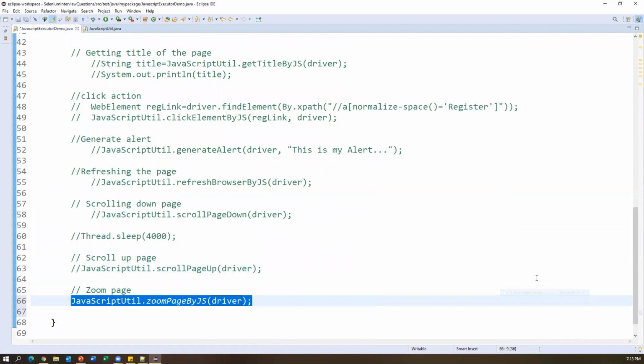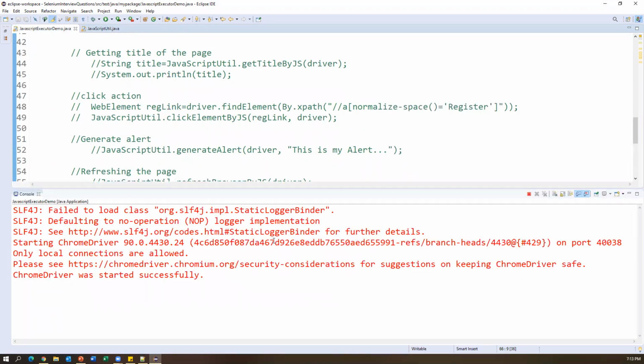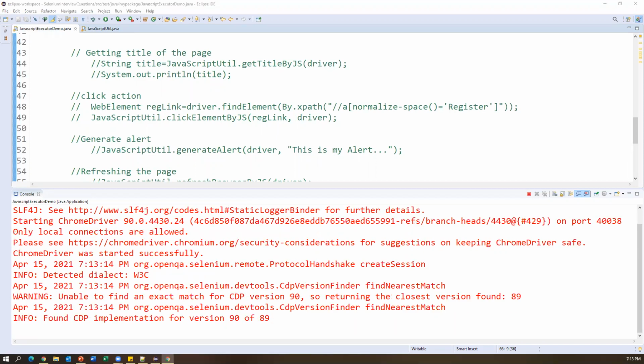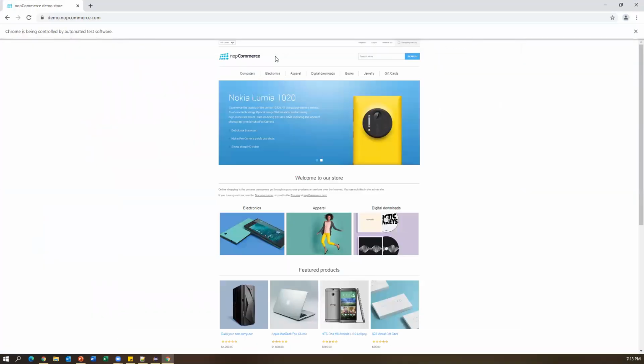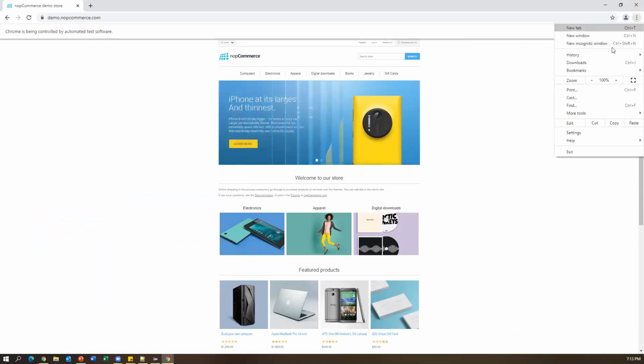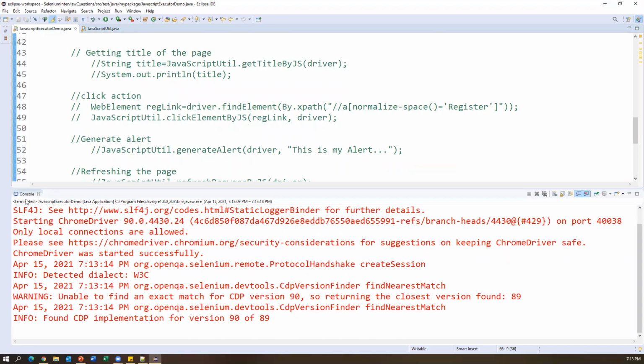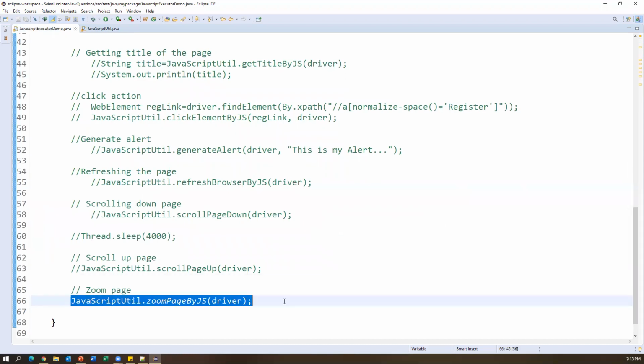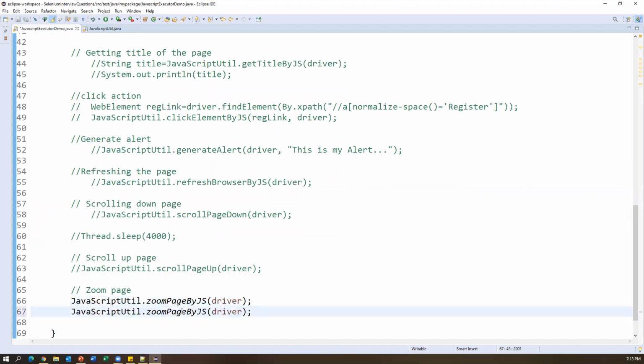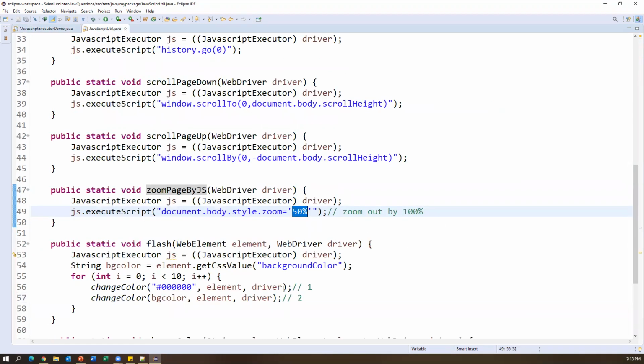Run as Java application. Now we can see my browser is launched. Now we can see this is 50%. Here the zoom indicator is not changed because this is a browser level setup, but by seeing the page, you will understand this is a 50% zoom. At runtime, we have modified this. Similarly, if you want to put 100% again, I call the same command one more time. So if I look here, this is 50%. Now I make it 100%. By default it will be 100%, or you can make it 150%.